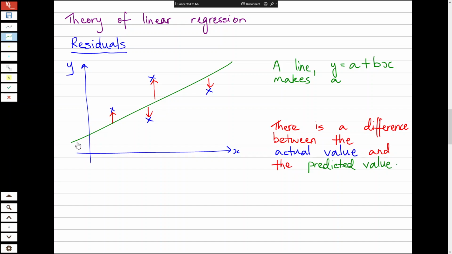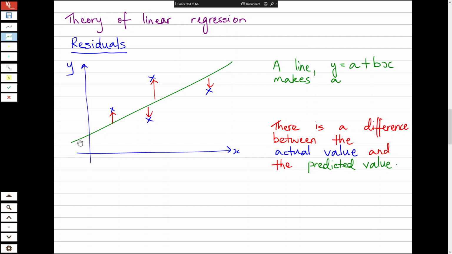So I want you to think of this as firstly a scatter plot with 4 dots, 4 points of data, and in green I've drawn a line, a linear graph. I haven't told you how to draw this linear graph though. So right now I could have drawn this graph or this graph or this graph. It's not clear which one is the best at this point, so that's coming soon. But for now, let's assume that we have picked a graph,